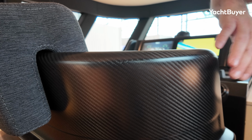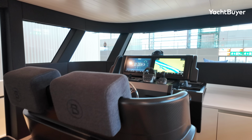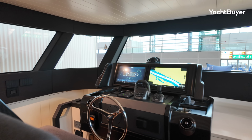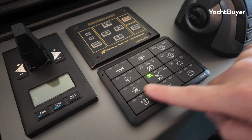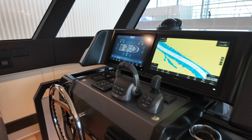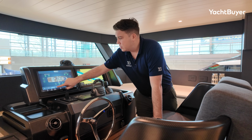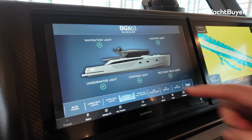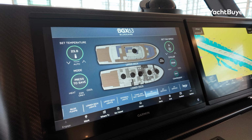It's really good to look at. Look at this. This is all real carbon fibre on the seat, on the dash. It's really clean, really classy, quite minimalist, and there's a few buttons here, but most of your information is contained through the twin Garmin MFDs, and they've got a really nice digital switching system where you've got lighting, you can look at your tank levels, air conditioning,